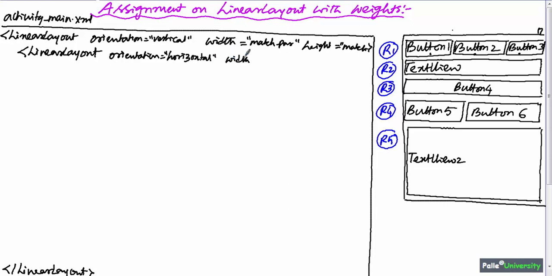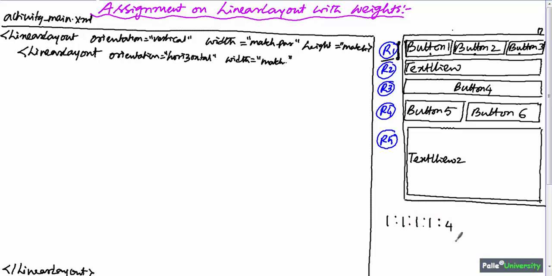What should be width? You can give width as match parent. What should be height? If you observe, first element height should be wrap content. How much ever the height of the content is, we should occupy same height. Now tell me, what should be the height of this linear layout? If you observe, this linear layout is representing row 1. If you remember, I told you that the height of each element is in the proportion of 1:1:1:1:4.